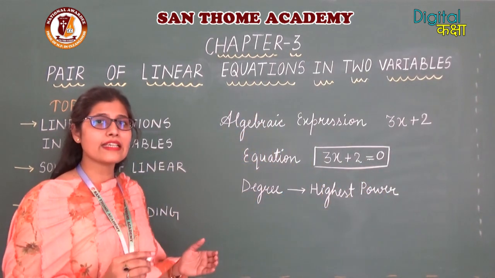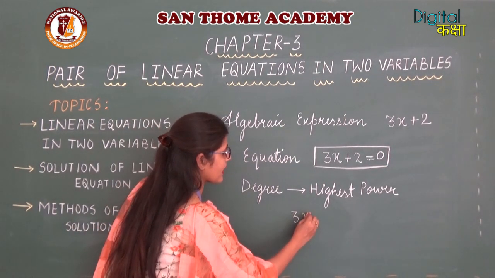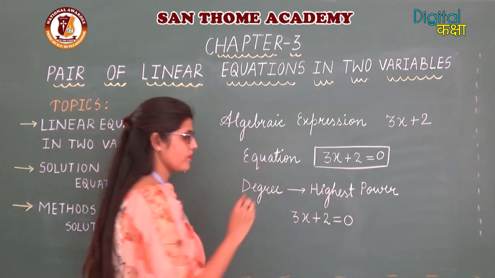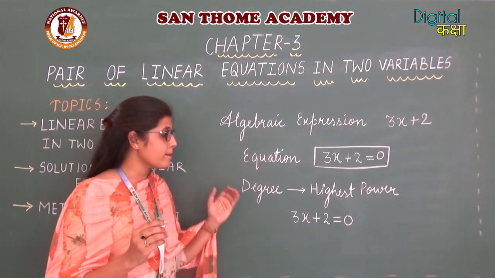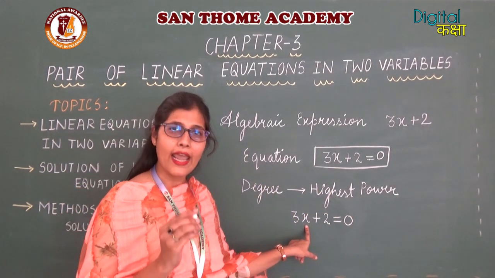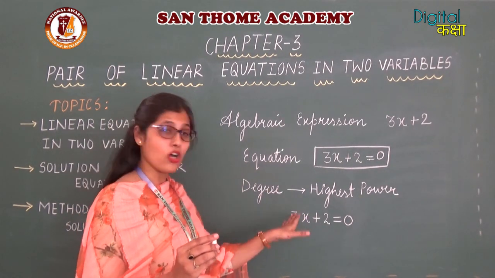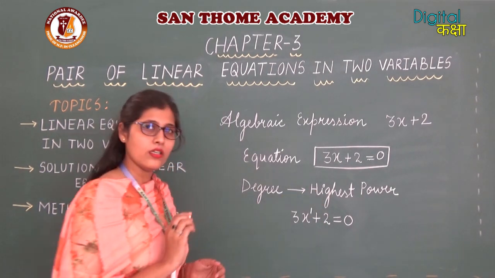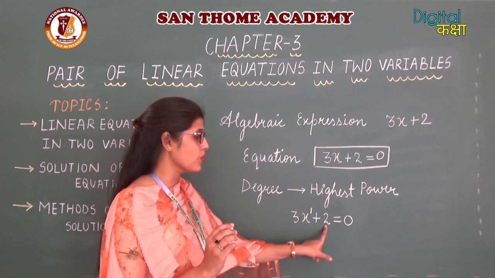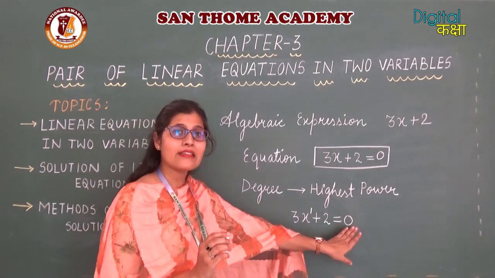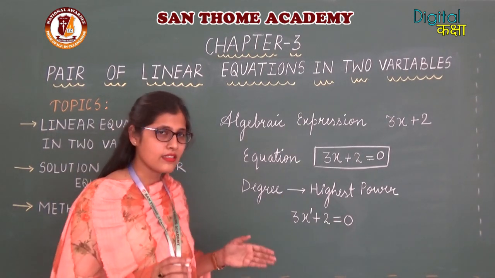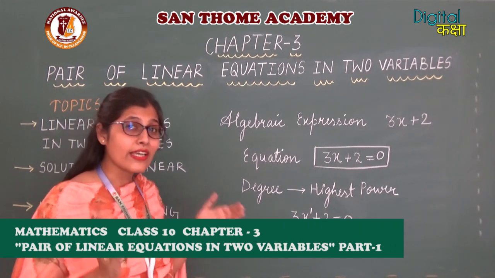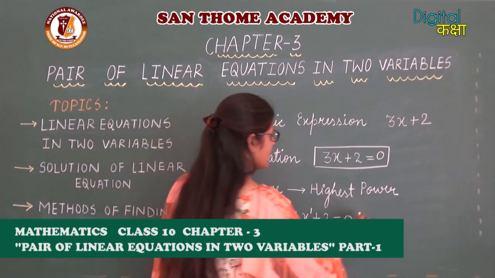So, when we will see equation, that is 3x plus 2 equals to 0. Now, we will see the power of the variable x over there. That means it does not have any power, means it has the power 1. That means 3x plus 2 equals to 0. This equation has the power 1. So, we call such equations as